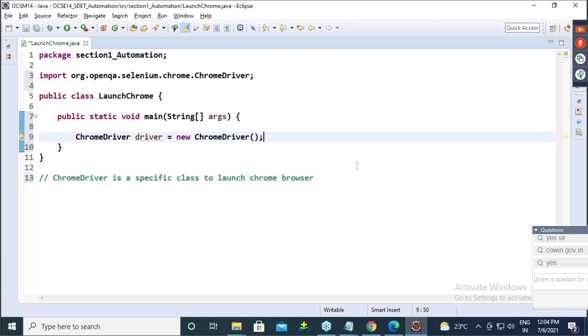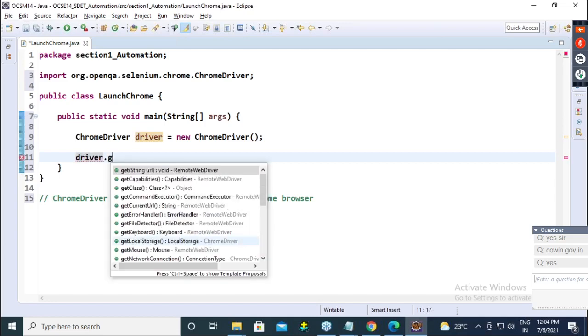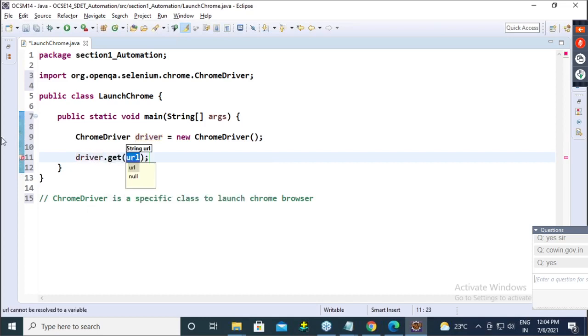So this part is done. Now guys, after this, we want to open that website. To open any web application in a browser, we have the driver.get method. Can you see, guys, driver?